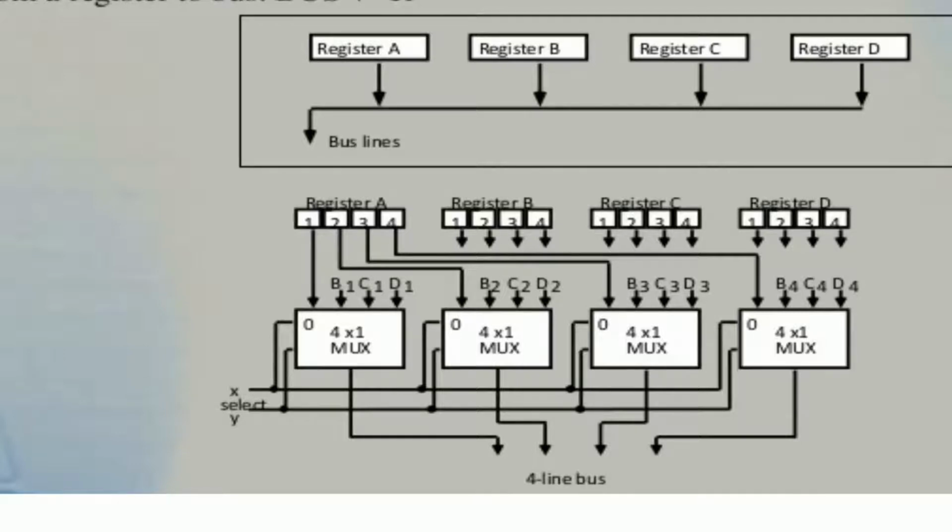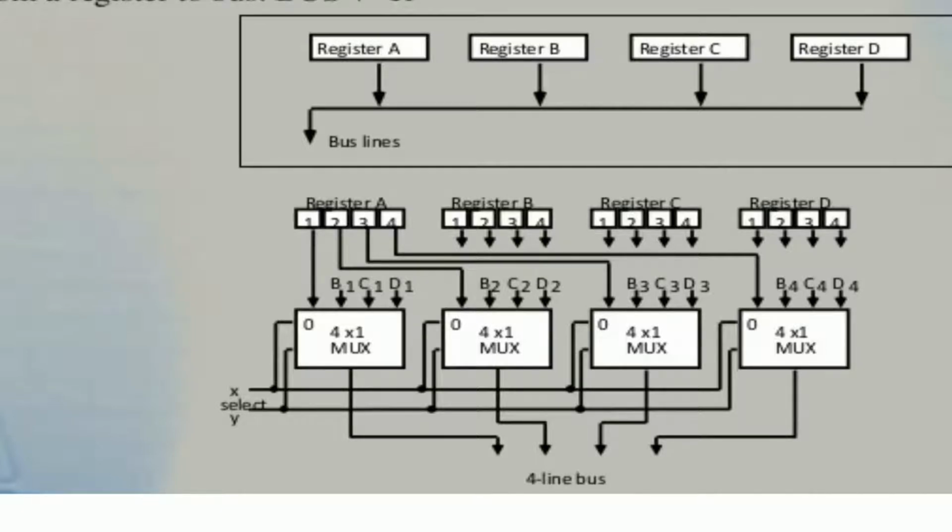Here 4 registers are there, A, B, C, D, and our purpose is to transfer the data. What is the purpose of the bus? To transfer data from one place to another, or one component to another. These 4 registers have to be selected and send data to some particular place. Which register will be selected, and which register's data will the bus send: register A, B, C or D? That is based on the selection lines.